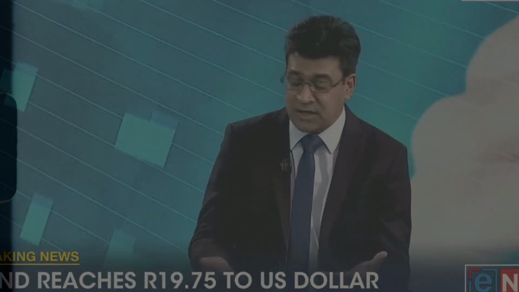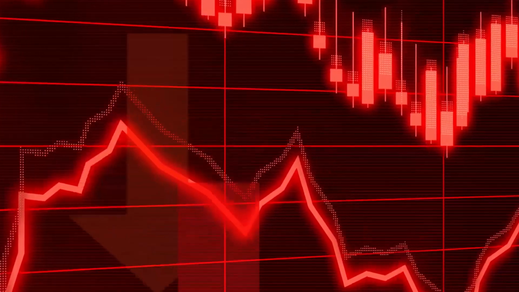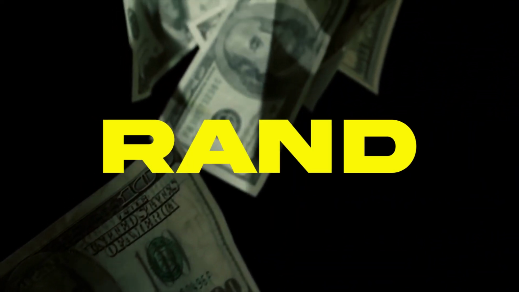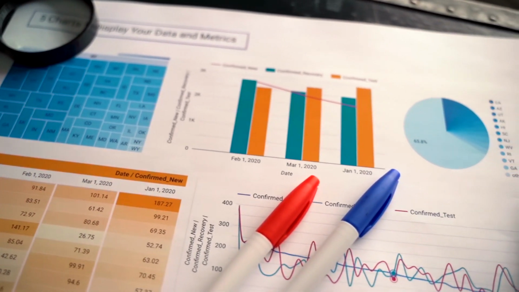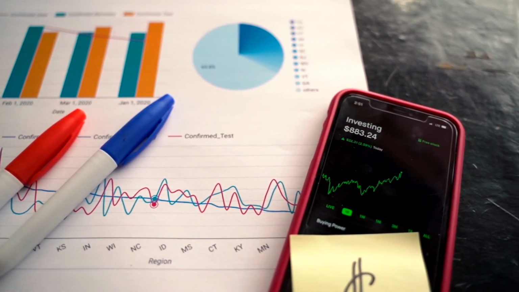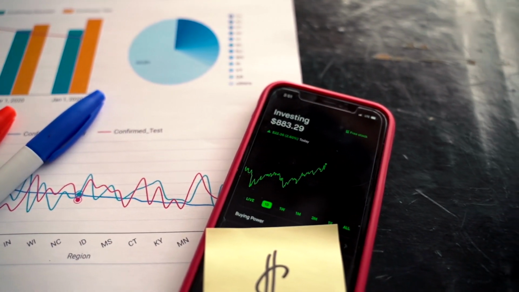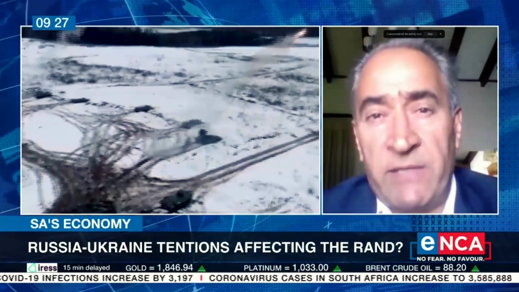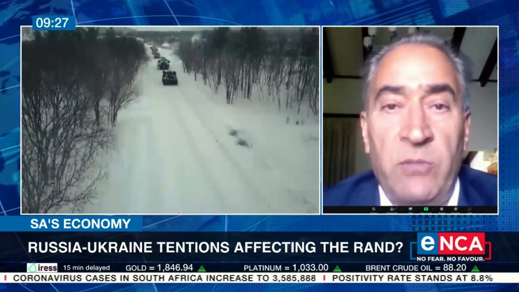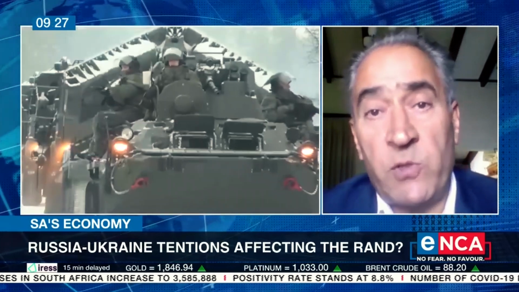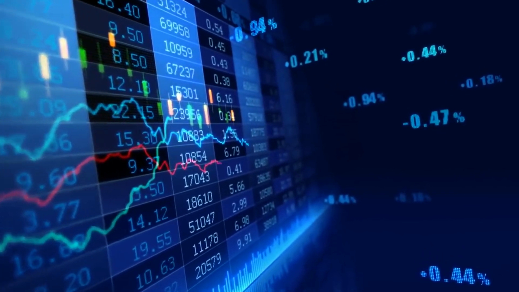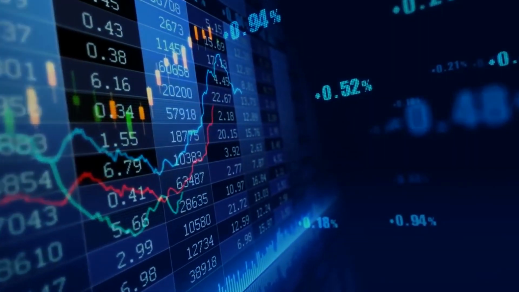The depreciation of a currency is a complex phenomenon influenced by a myriad of economic variables. In the case of the South African rand, several factors contribute to its decline. One crucial aspect is the country's economic fundamentals, including trade balances, fiscal policies, and interest rates. Additionally, global economic conditions and geopolitical uncertainties play a pivotal role in shaping the currency valuation. For instance, external shocks such as fluctuating commodity prices, particularly in the context of South Africa's reliance on commodities, can significantly impact the rand's value.